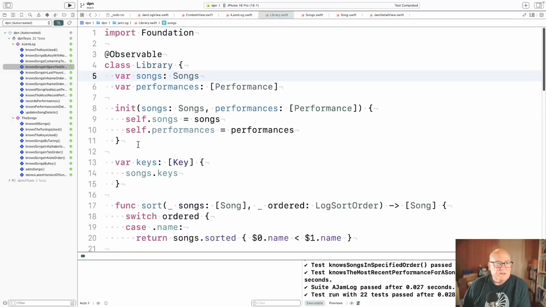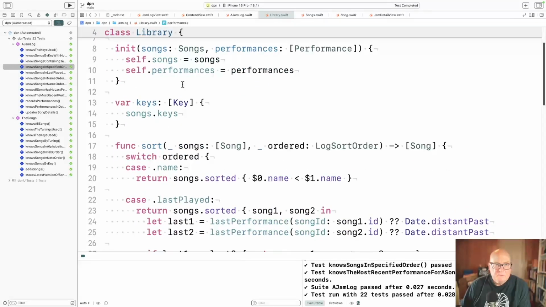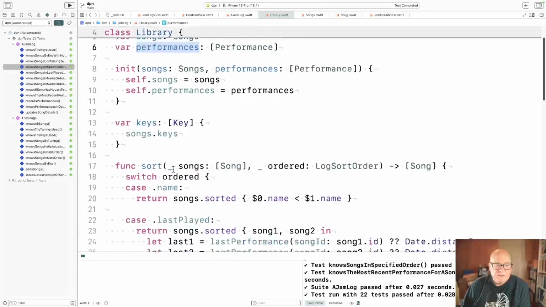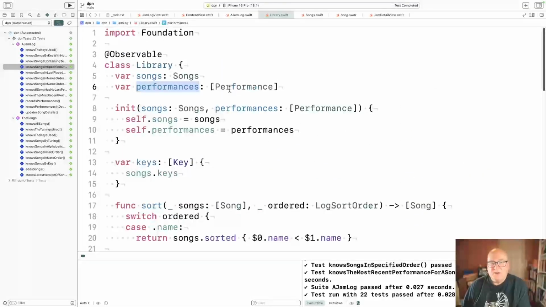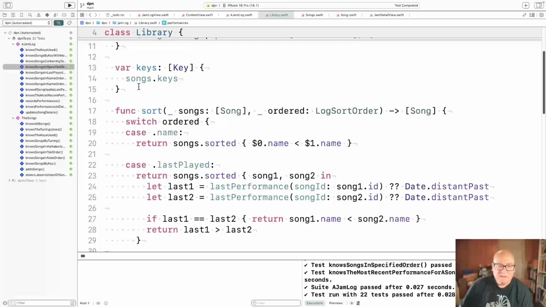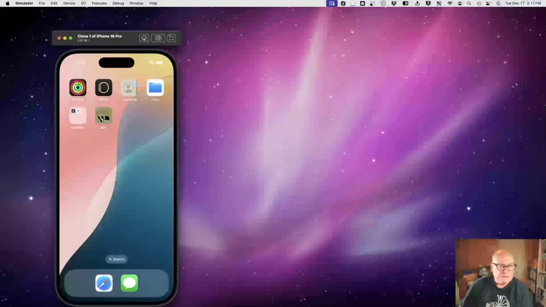Now, none of this is huge data, but the way you find performances is just an array, and you skim through every item looking for one that matches your song ID. So you're doing a lot of searching. But it's hundreds of things, not millions of things. So I don't think it's absolutely the determining factor, but I do think first lines. Let's just run this.